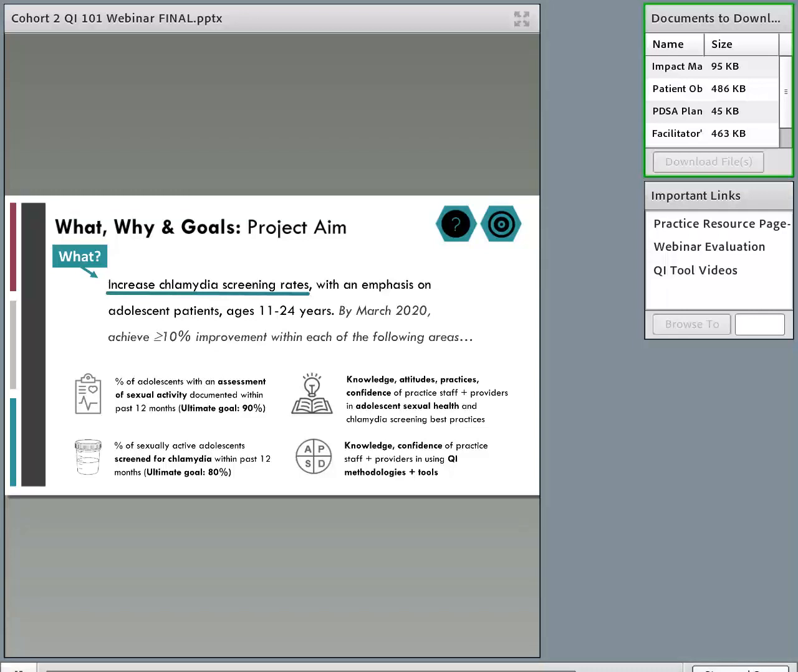So we defined the what. What we want to improve was chlamydia screening rates. We defined the who, the target population. It was specifically for us, we were looking to improve adolescent patients ages 11 to 24. We also defined by when. We wanted to make sure that our aim was time-bound, so we were going to make these improvements by March